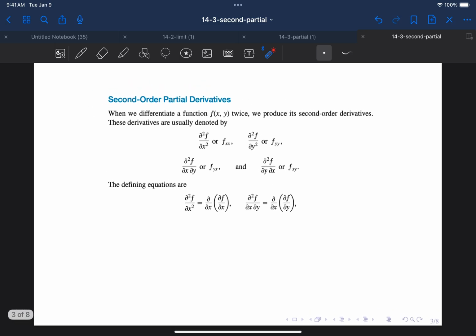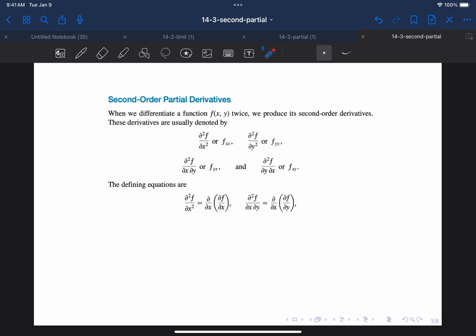So second order partial derivatives. If we're given a function of xy and take the derivative twice, when we say twice, it could be in different orders, but as long as you take the derivative twice, then we call that the result second order derivatives. So we may have four different types of second order derivatives. For example, this symbol or equivalent to this symbol means you take the derivatives of,